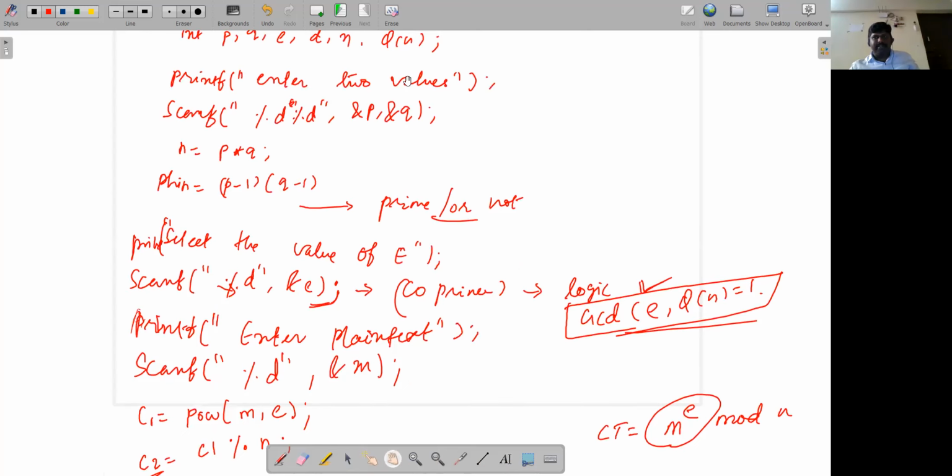Now, those who requested the explanation again, you need to mention in the chat box whether you are clear or not. Okay, so this is the simplest way, but in the previous program I automated everything, because I checked whether the entered number is a prime number. I checked whether the entered values are co-prime, I mean the e value and phi of n, right? Everything was automated in single steps. Here you need to be more cautious, and you need to select values that are prime numbers.